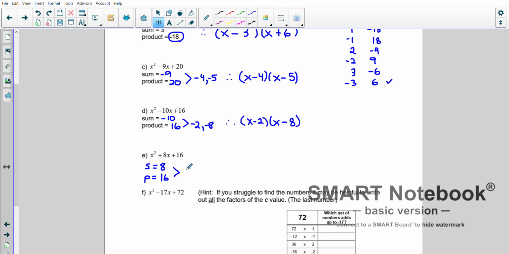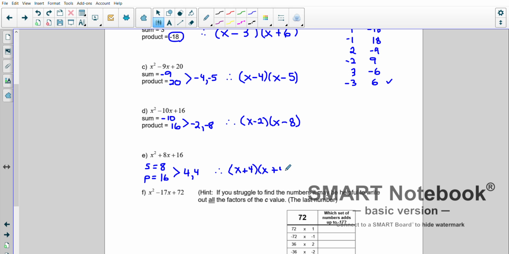So I'm thinking 1 times 16 isn't going to work, 2 times 8 won't work, 3 doesn't divide unevenly, but 4 times 4 is 16, 4 plus 4 is 8. So it's x plus 4, x plus 4. And then this next example is just more of a demonstration of what I did already, showing you like 72